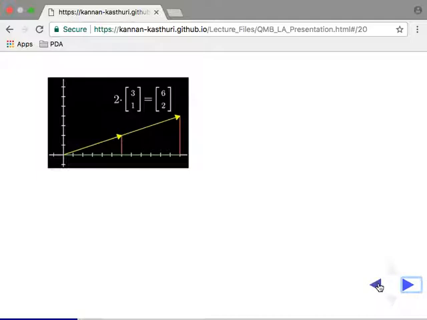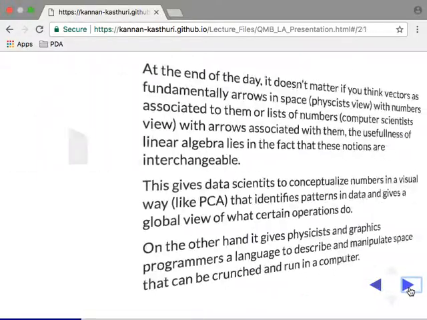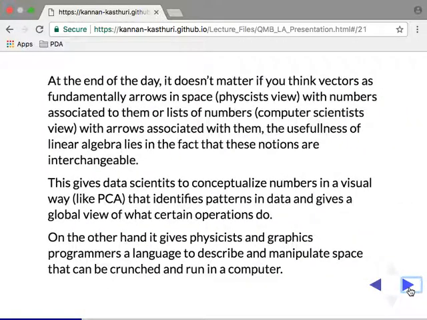Ultimately, if somebody asks you what a vector is, you should be able to say that it is some set where addition and scalar multiplication are possible. That is what a vector is, from a mathematical perspective. So it doesn't matter at the end of the day whether it's the physicist's view, where you associate magnitude or direction, or it's just some bunch of numbers, right? It's interchangeable at the end of the day.